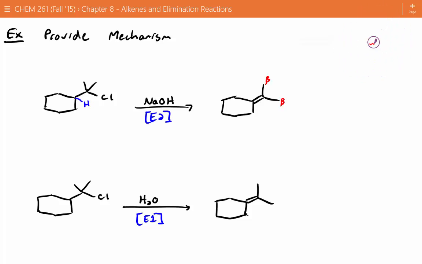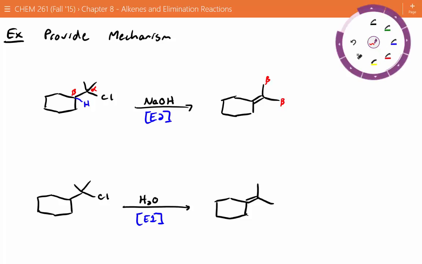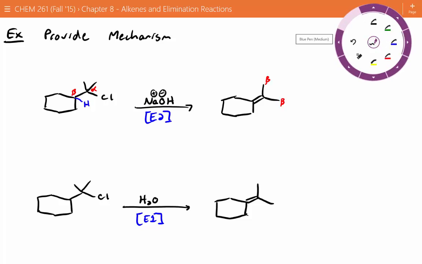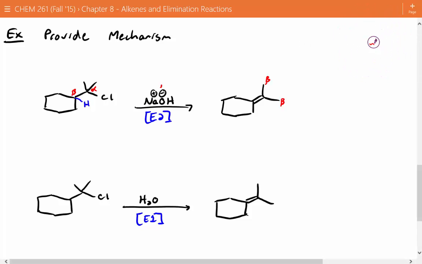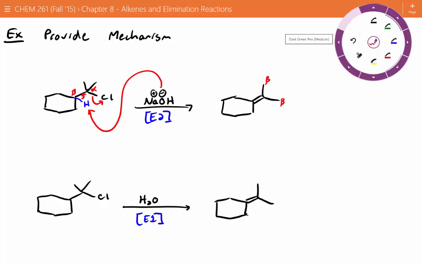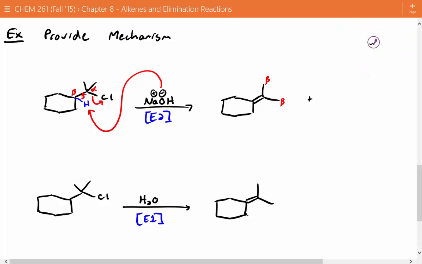And we're going to talk more about how to predict products as this week goes on, but in this case, our product gives us a clue as to what beta proton we're grabbing. So we've got sodium that's a positive charge, hydroxide that's negative. This hydroxide, we said, is going to clamp down, grab this proton, clamp down, do a domino effect, and kick off our chlorine. And then our final product is going to be